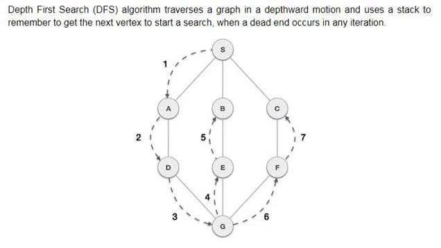DFS is an algorithm for searching a graph or tree data structure. The algorithm starts at the root and goes as far as it can down a given branch, that's a path, then backtracks until it finds an unexplored path and then explores it. The algorithm does this until the entire graph has been explored.